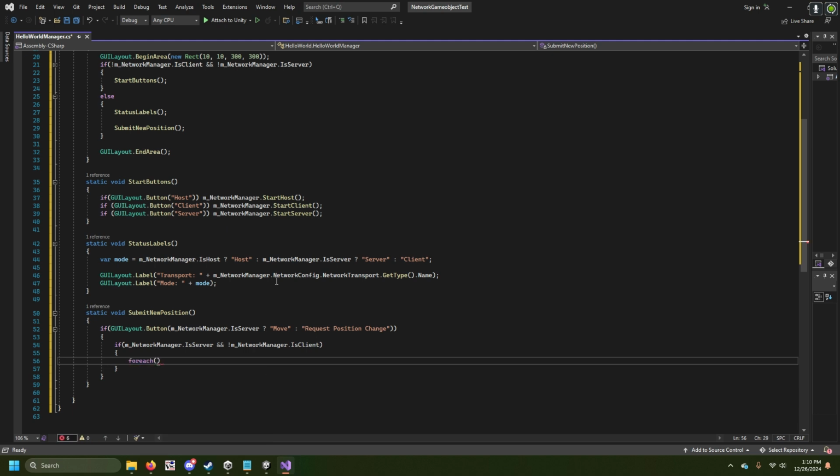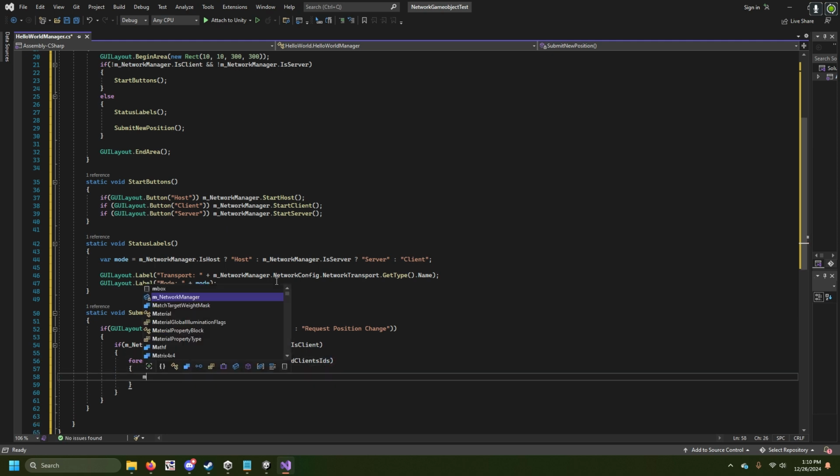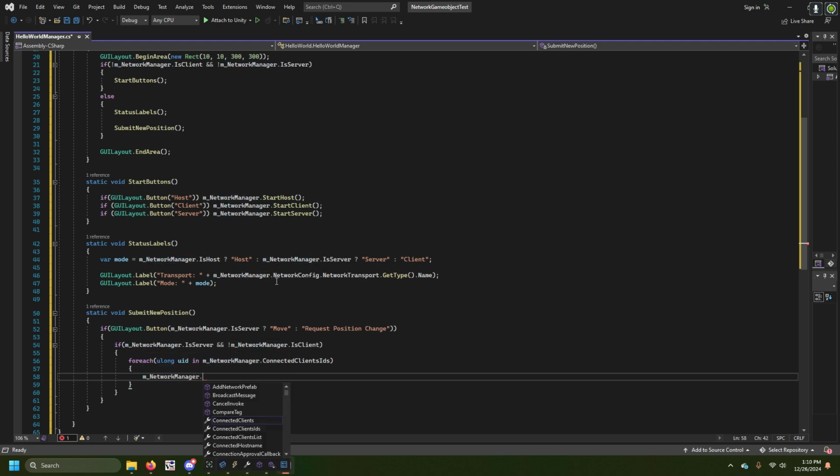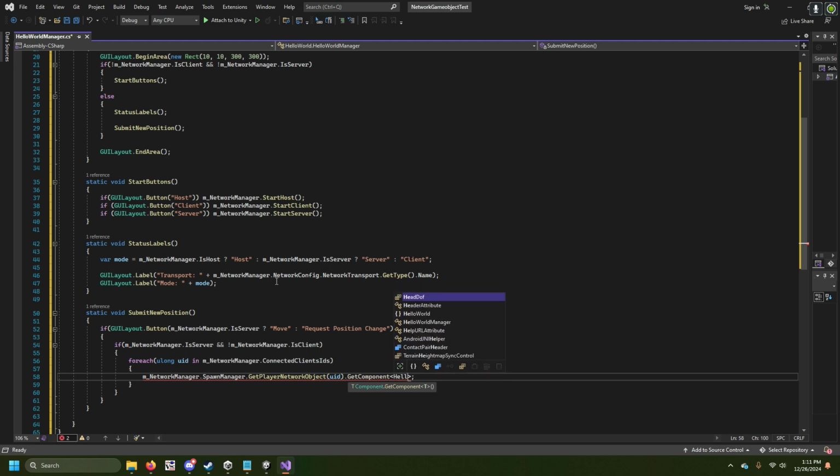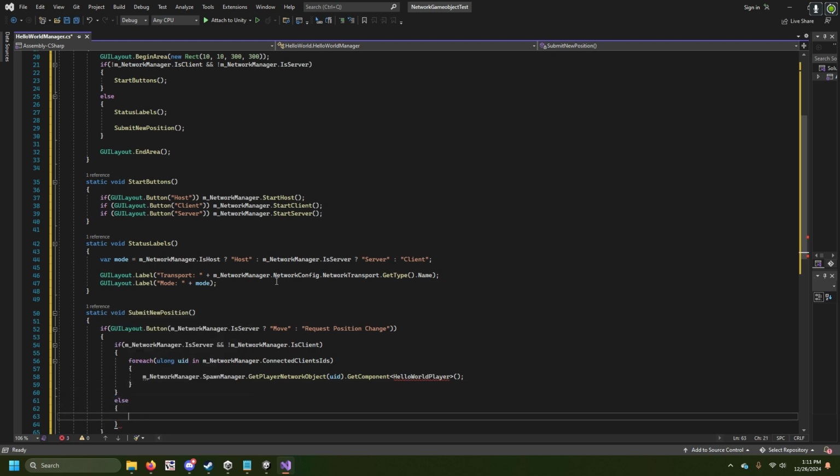Then for each long UID in network manager dot connected clients IDs, we will network manager, we will spawn get player network ID, get a component, and hello world player, not manager, player. Yeah, that's a function. And then we have else